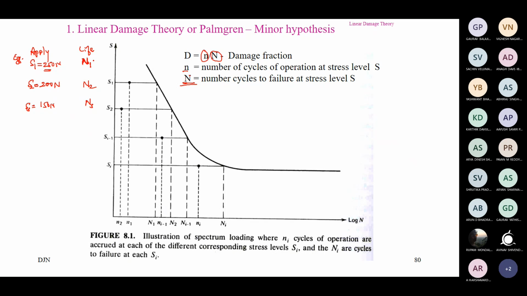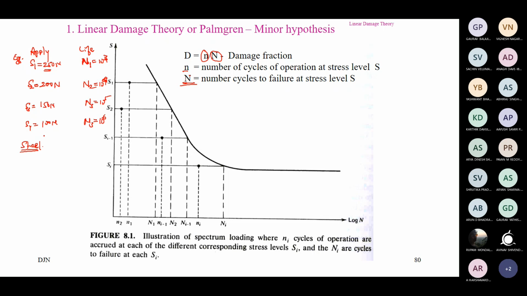Maybe we'll write some value here also. For example, maybe here we'll take 10 to the power 3. This becomes easy. 10 to the power 4, 10 to the power 5, and let us take S4 also, maybe 100 Newton, and the life of the component total you can get is 10 to the power 6 number of cycles. You consider the material to be steel in this particular case, maybe some medium carbon steels. Okay, this is the corresponding behavior.